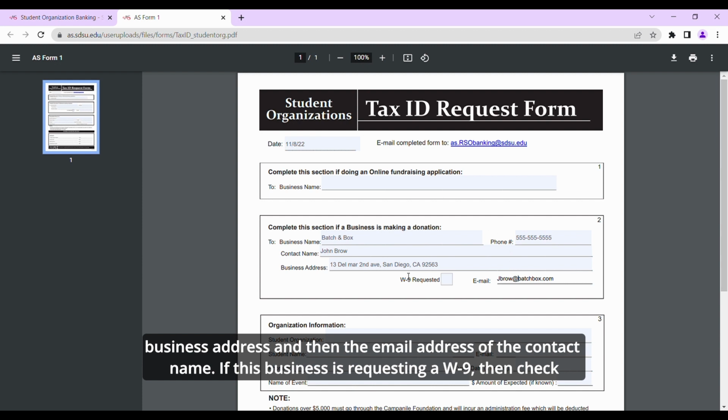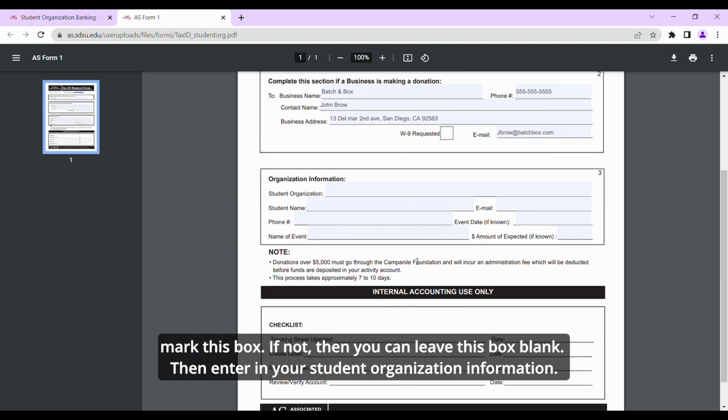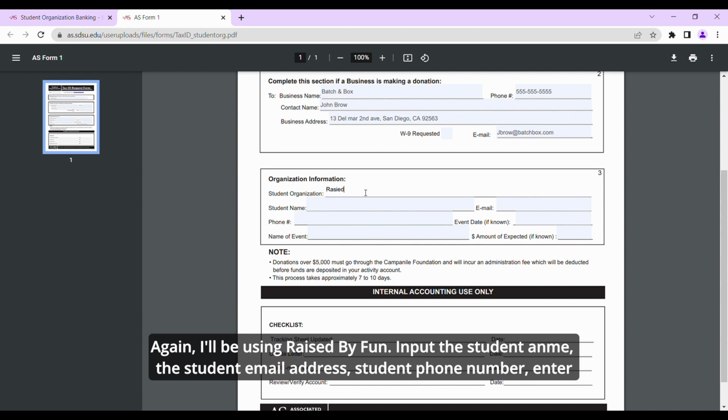If this business is requesting a W-9, then checkmark this box. If not, then you can leave this box blank. Then enter in your student organization information. Again, I'll be using Raised by Fun. Input the student name, student email address, student phone number,